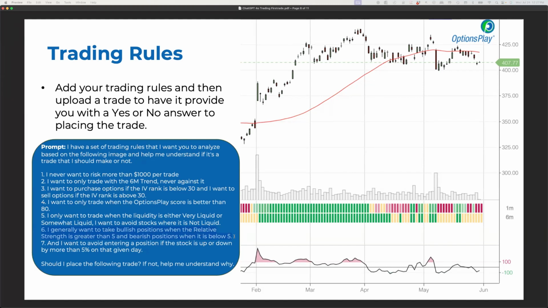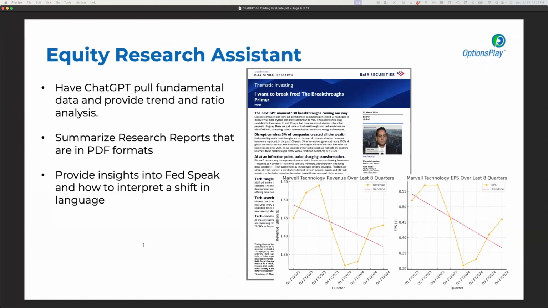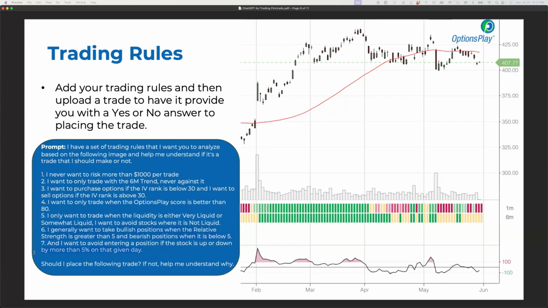And then I want to avoid entering a position if the stock is up or down by more than 5% on a given day. Basically, if the stock has already gapped 10% on open, I'm generally not going to want to chase that, right? This is something to just avoid being impulsive. Something's in the news, it's up 10%, let me try to chase it. This helps prevent me from doing kind of stupid things like that. A lot of these rules are to help prevent you from doing stupid things,